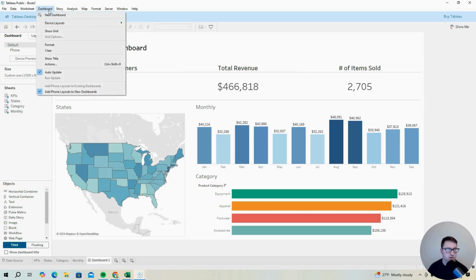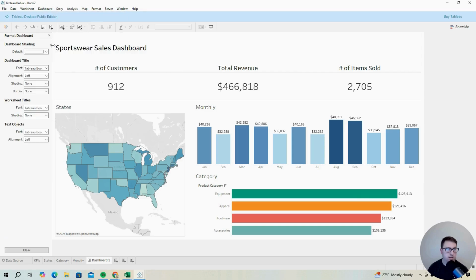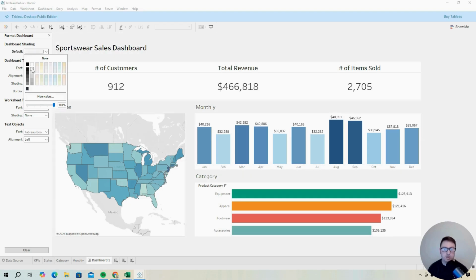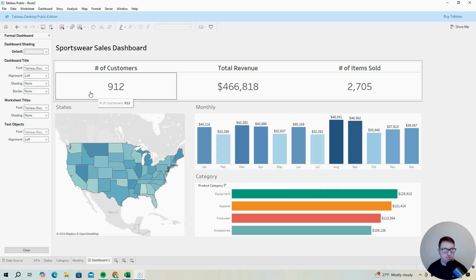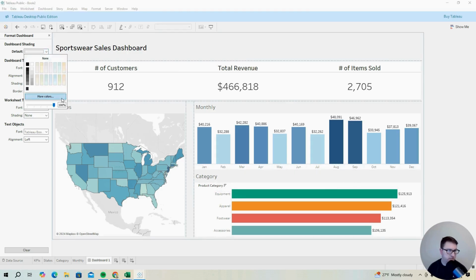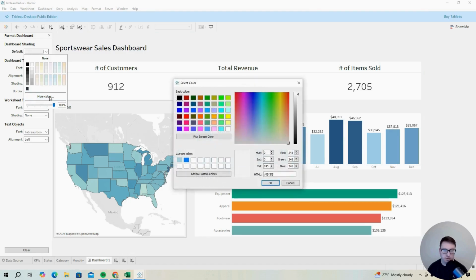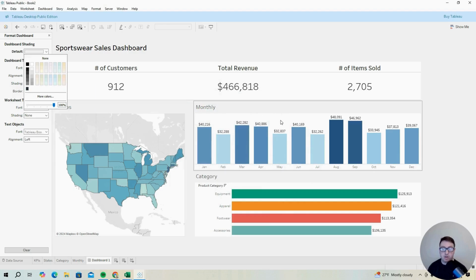And I want to throw in a little color. So let's go to dashboard. Let's go to format. What kind of color do we want to do here? A little grayish background. Yeah, why not? Keep it nice and easy on the eyes, right? So here it's all nice and grayed out. We're good. What I want to do is the background color. So with this background, what color is this? It's F5F5F5. Let me just copy that so I have that. I'm going to apply that background color to